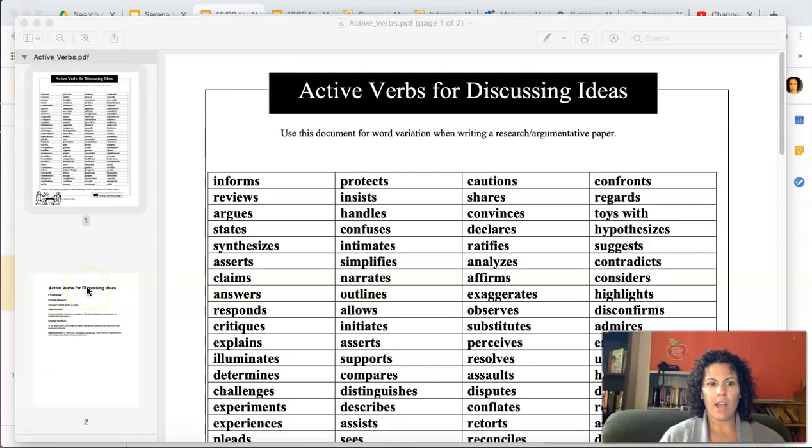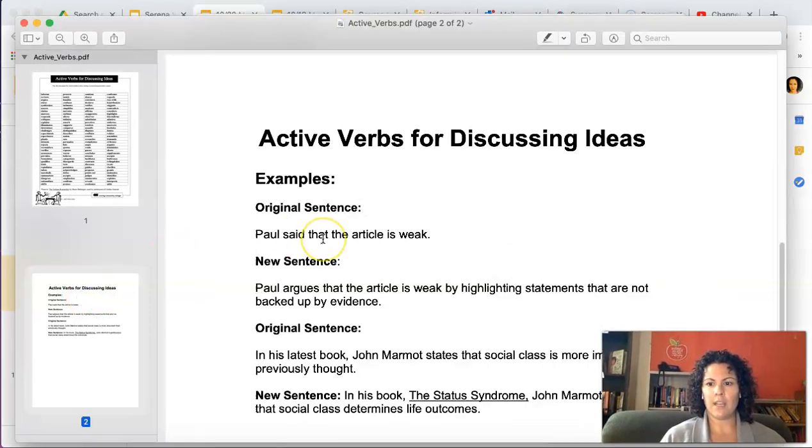So this handout has two pieces to it. Let's look at the second one first. We can say Paul said the article was weak, right? But we could also say Paul argues that the article is weak. So we want to show what the author is doing in the text when we're doing a literary